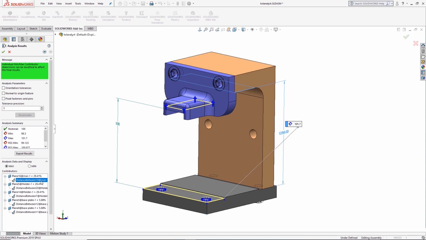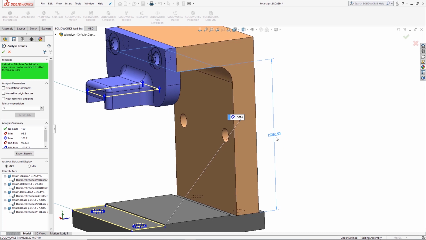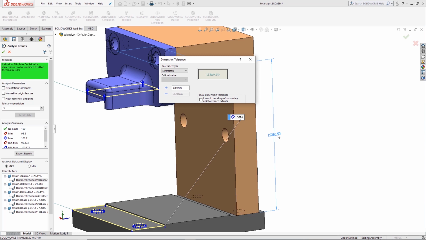Distance between 19 riser. That at the minute is 123 plus minus 0.05. Now if I double click on it, I can actually change what that tolerance value is. So rather than 0.5, I'm going to go for 0.25.